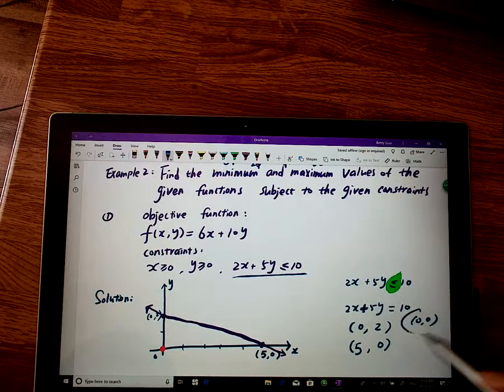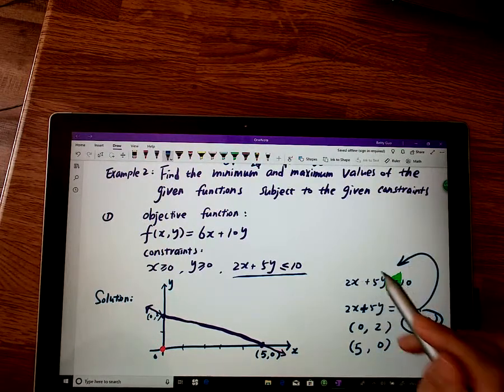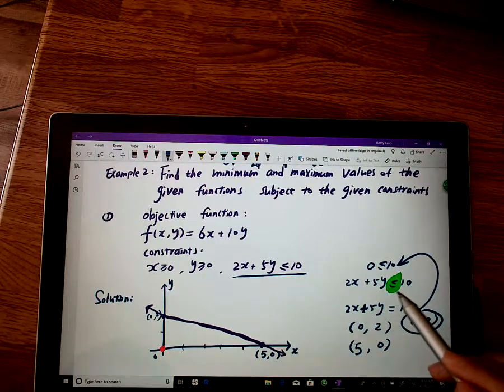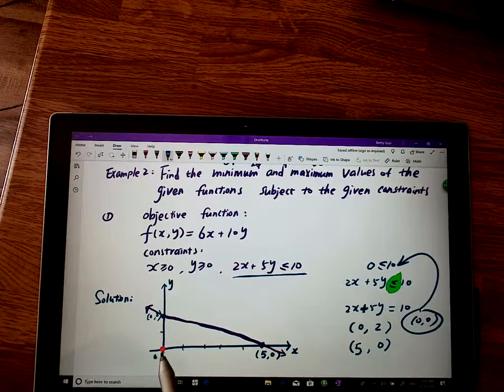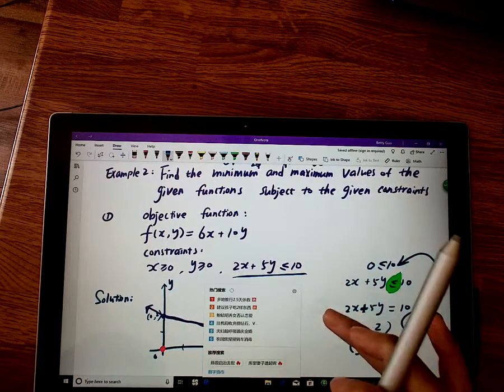If we plug in here, we have 2 times 0 plus 5 times 0, that is 0, less than or equal to 10. It is a true statement. It means (0, 0) satisfies the inequality. This testing point is a solution of the inequality. So the solution set of this inequality is the half plane below. Let me repeat it. The solution set,